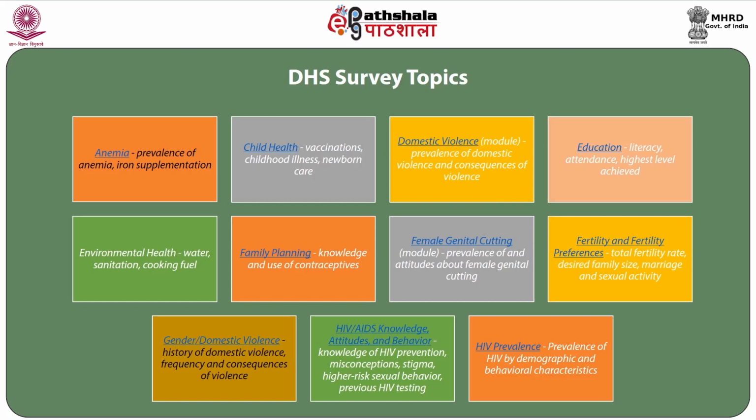Information is available for the following topics among others: anemia, including prevalence of anemia and iron supplementation; child health, including vaccinations, childhood illness, newborn care; domestic violence, prevalence of domestic violence and consequences; education, literacy, attendance, highest level achieved; environmental health, including water, sanitation and cooking fuel; family planning, knowledge and use of contraceptives; female genital cutting, prevalence of and attitudes about female genital cutting; fertility and fertility preferences, including total fertility rate, desired family size, marriage and sexual activity; gender domestic violence, including history of domestic violence, frequency and consequences of violence;